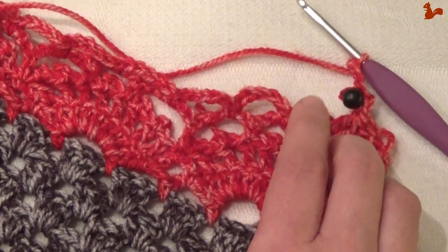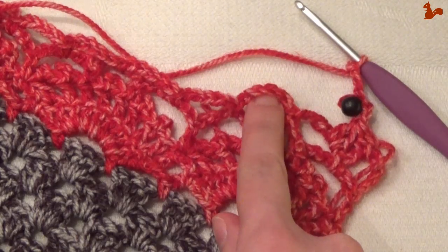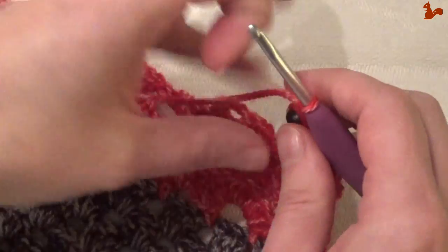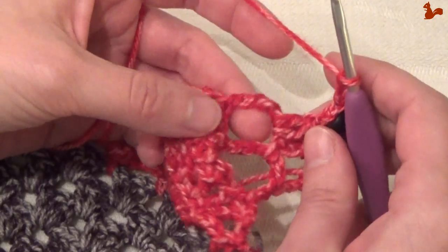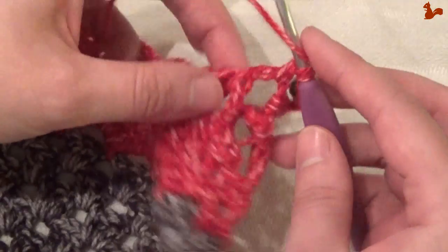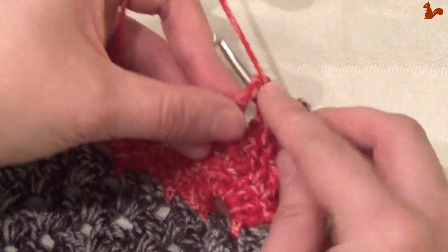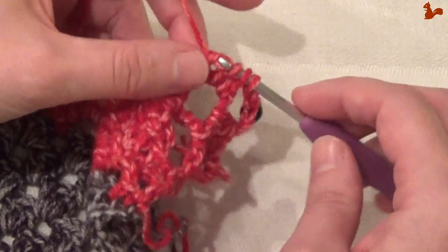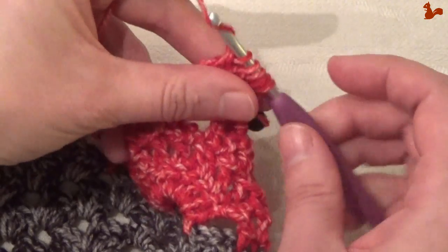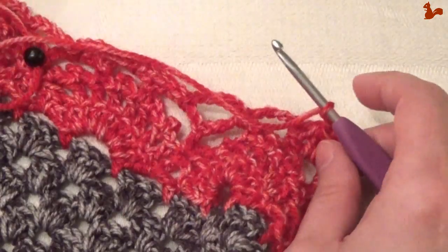Again, a double crochet 4 together over the chain 5 space where you've already made the first 2 legs and the next chain 5 space. So again, I'm going to push my beads forward just to have enough yarn to work this next one. In the same chain 5 space where I've just finished, I'm going to work a double crochet 4 together. So that's the first leg and the second leg. Then go to the next chain 5 space and work legs 3 and 4. At this point you have 5 loops on your hook. Take them all off. Chain 3, 1, 2, 3, and again bring a bead